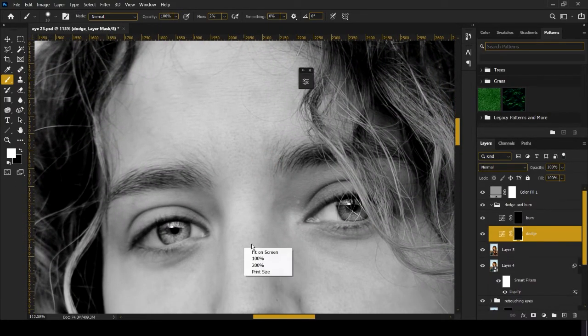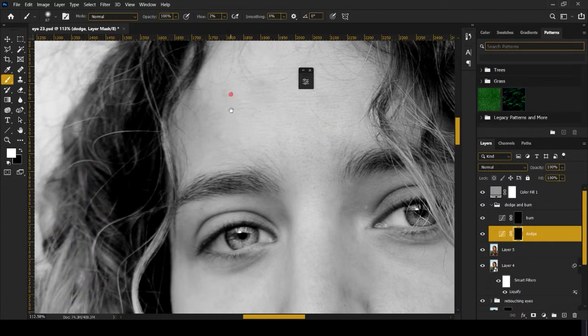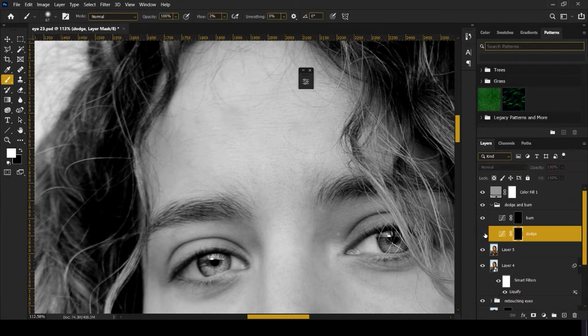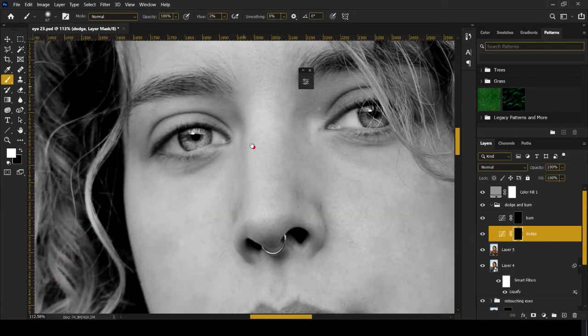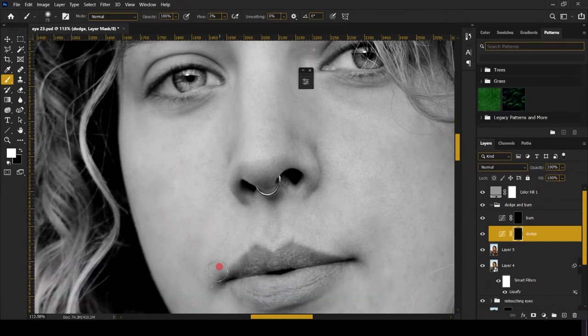We'll take white, we'll increase the brush, make it soft, and then just paint. Let's first do the dodging. Click on dodge, click on its layer mask, and then dodge these areas. See, gone. See, gone. Take your time, don't hurry up in this step or it won't look good.